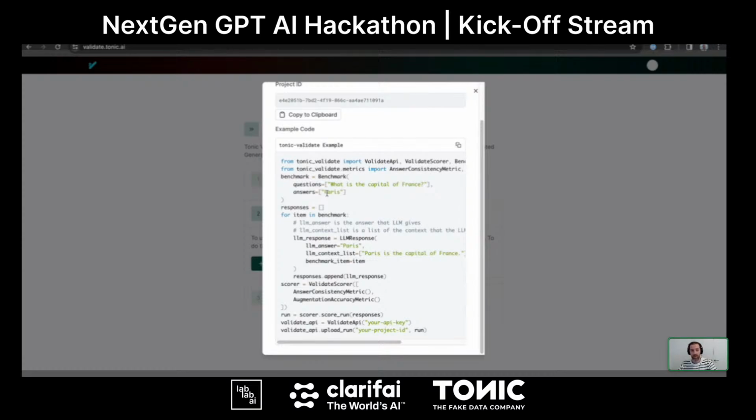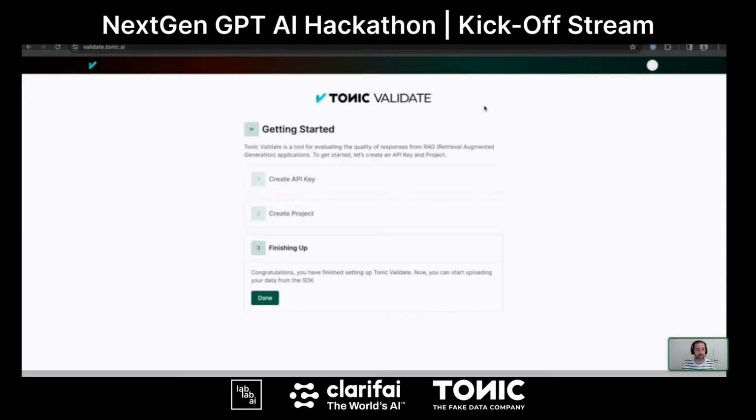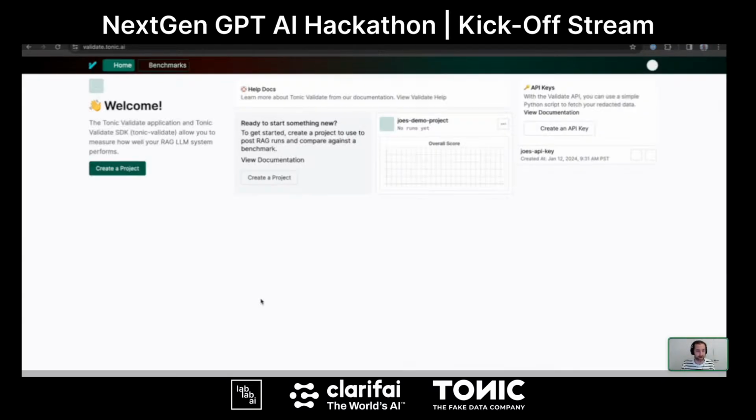To evaluate them, you log them to Tonic Validate, and Tonic Validate will score them and then display the scores in the UI. So this is a code snippet that I'm going to copy that will allow me to log a test question and answer to Tonic Validate. Let me click done here.